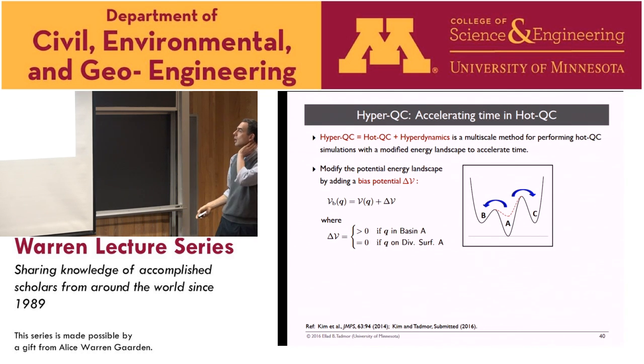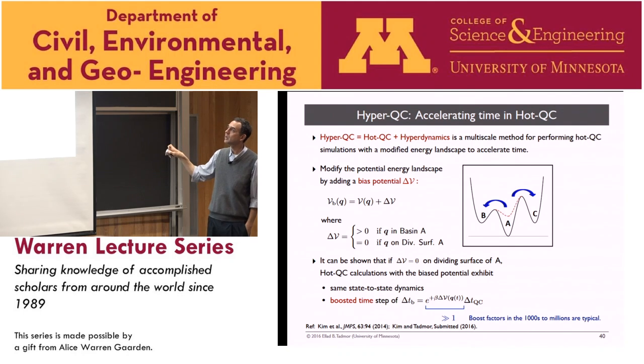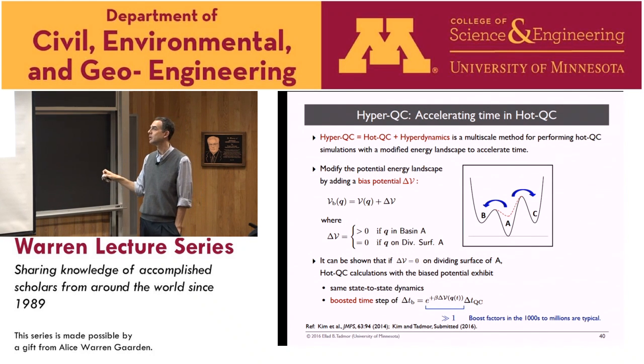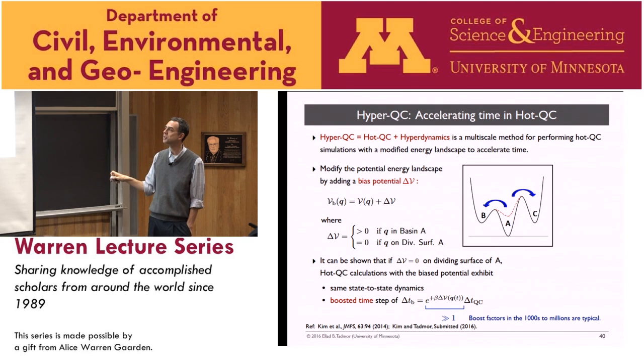Okay, so the nice thing was that the way HotQC is derived, the method that I showed you before, because it's based on statistical mechanics ideas, lends itself to hyperdynamics, and we can basically use exactly the same idea for the QC method, and we can get this kind of boosting. So every time the clock ticks in our simulation, the real world time clicks by this amount, and you see that there's an exponential factor between them. So we click a femtosecond in our simulation, but it corresponds to a millisecond of real time, or something like that. So you can get much, much further along. And that's exactly what hyperdynamics does.